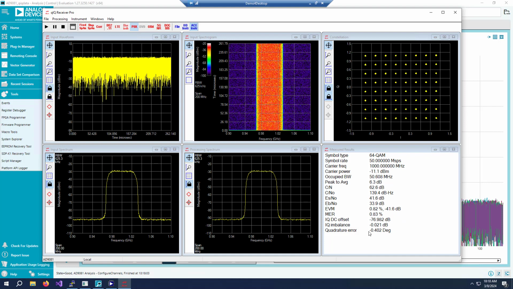And then we also do some IQ offset measurements and IQ imbalance. This is a little bit more required for zero IF systems than for these direct sampling systems. You can see there's a little bit of quadrature error, fraction of a degree here that we're measuring in the